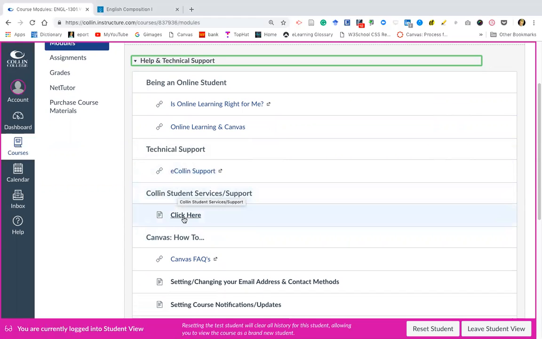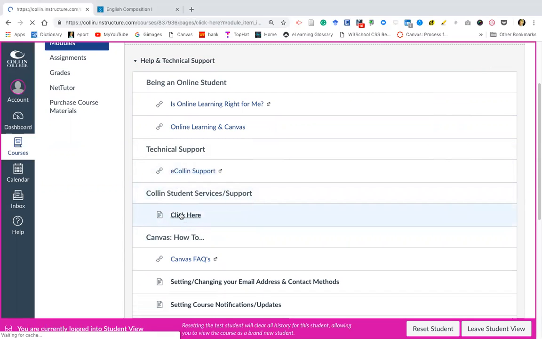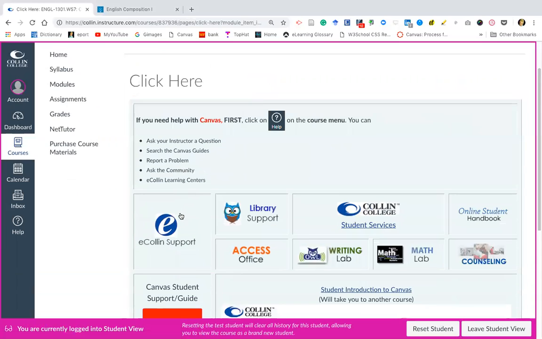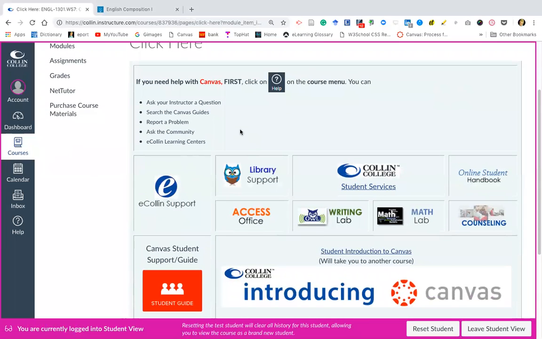Collins Student Services or support. Click here, and this nifty page pops up about Canvas and how you can use the help icon, the link to Collins support library, the access office. If you don't know what that is by now, you don't need to know. The writing lab, math lab, counseling. And this is the counseling center's